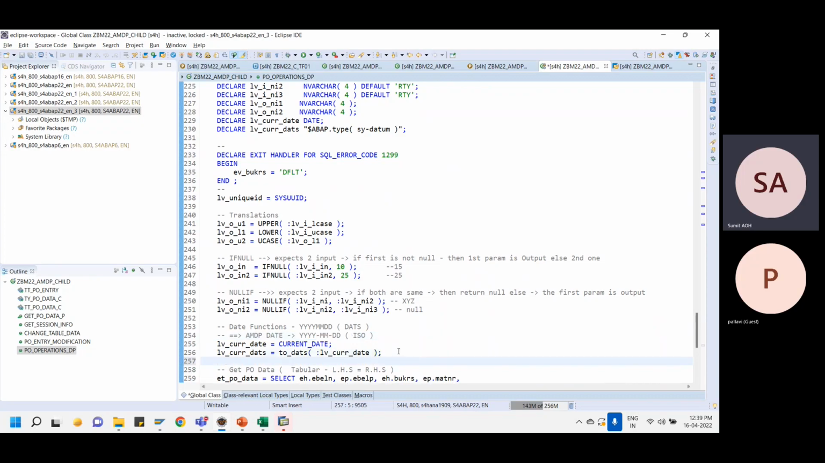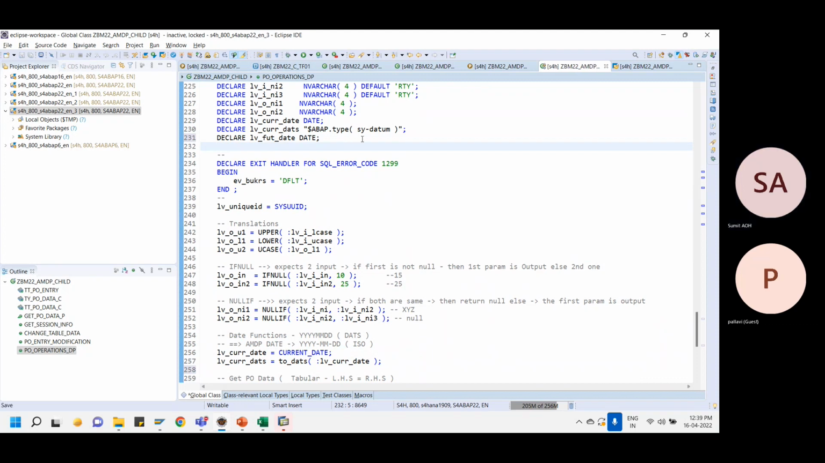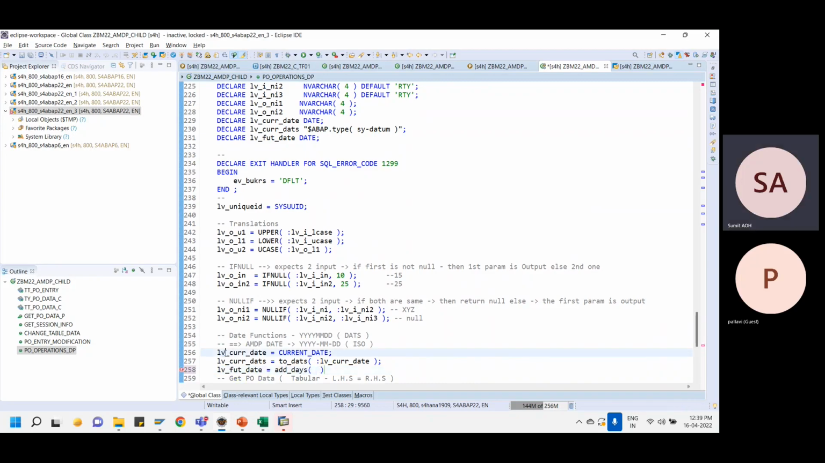So for example, I want to get a future date. I can say future date. Its data type is, let's just say, DATE. And here I can say to get the future date after 5 days, for example. So I can say on my current date, add, let's just say 5 days, and give me what is the future date that is getting generated. In case you want to get